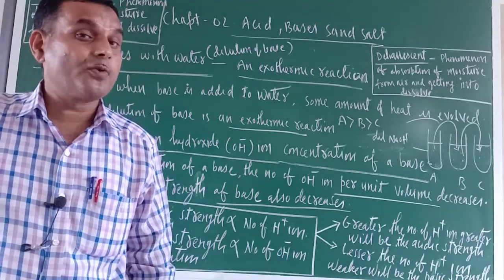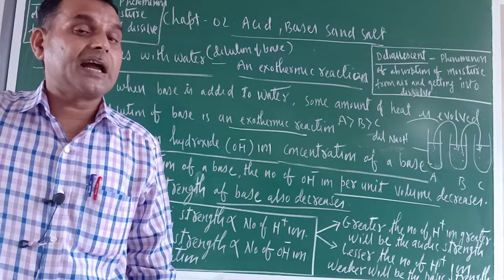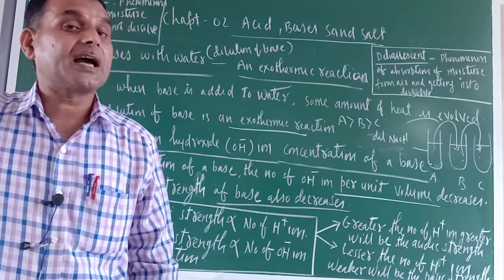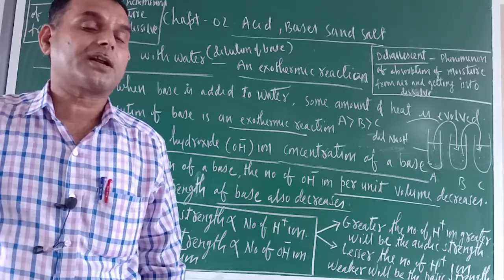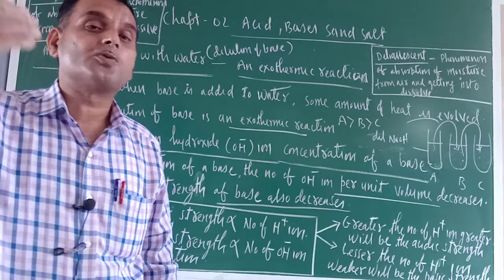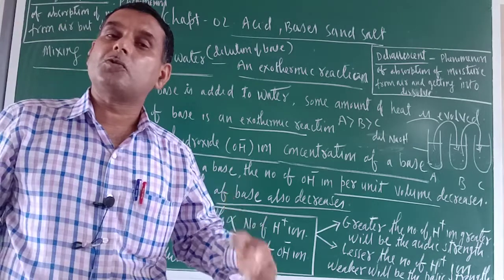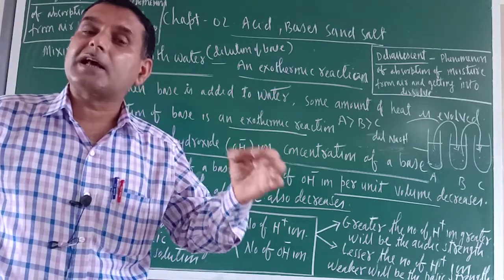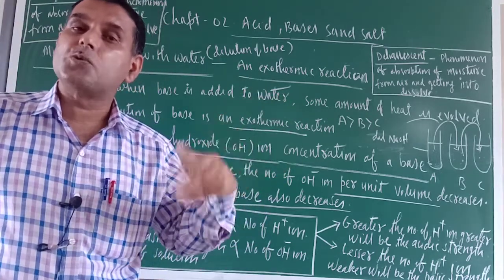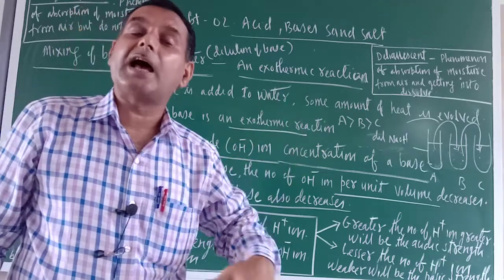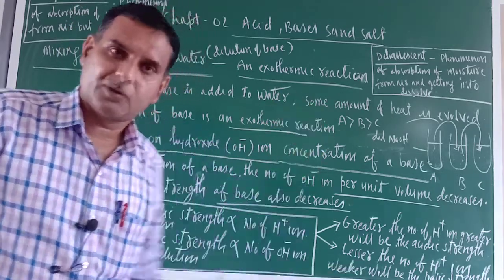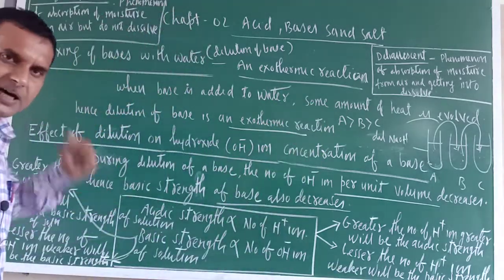Further you are removing that solution and adding it to test tube C, and again you are adding 10 milliliter of water. So in the C test tube, sugar particle will be further decreased. So in per unit volume, the number of sugar particle keeps on decreasing as you keep on adding water. And water addition means diluting. Okay, same is the case here also.